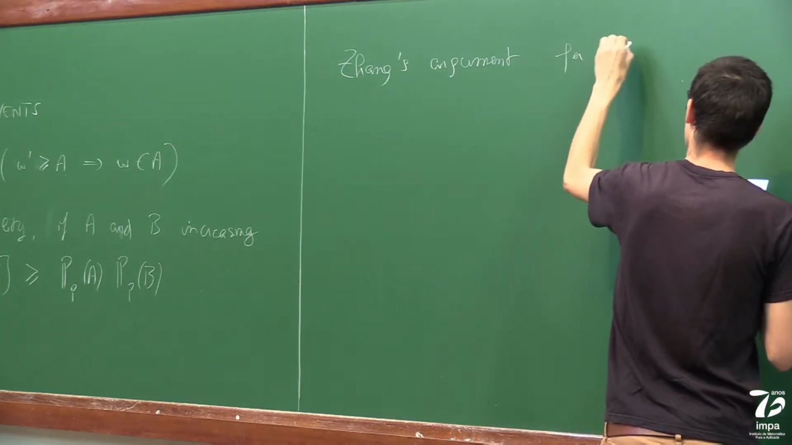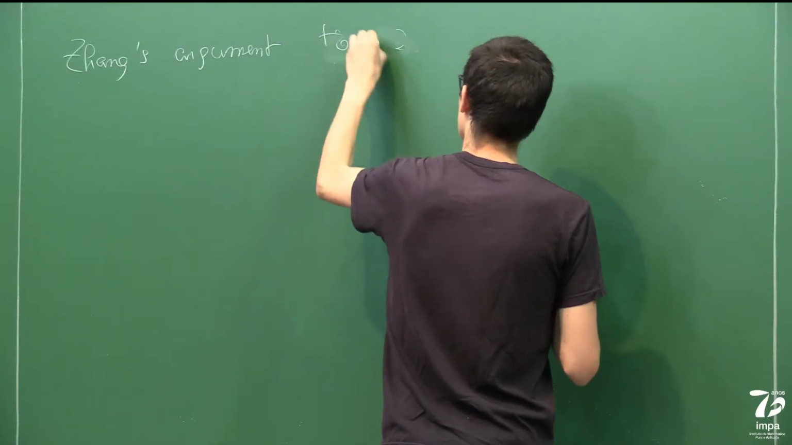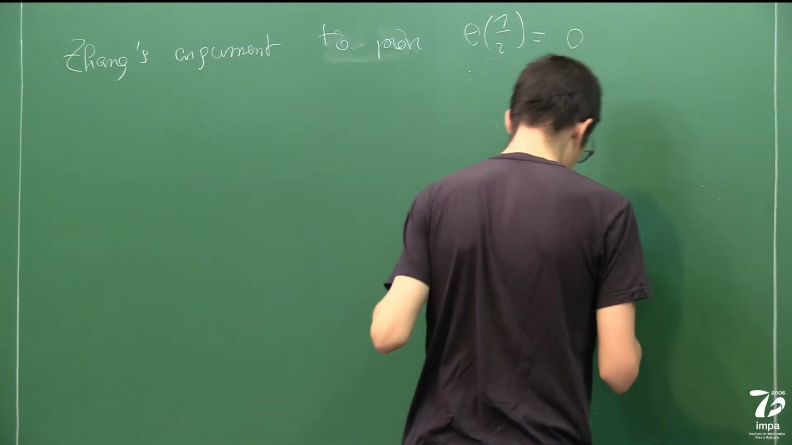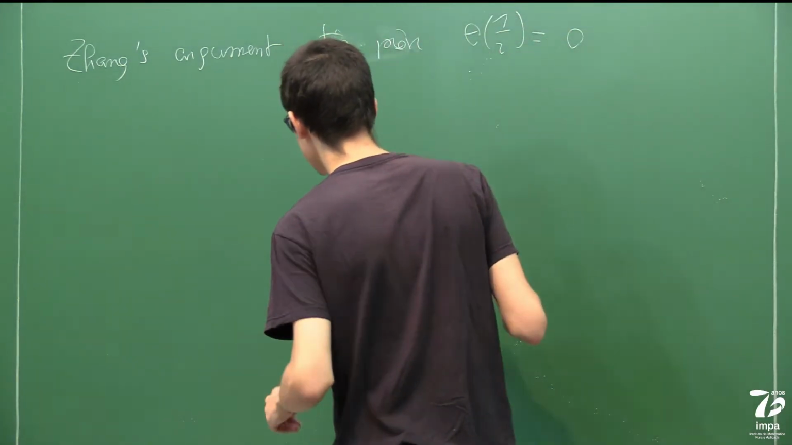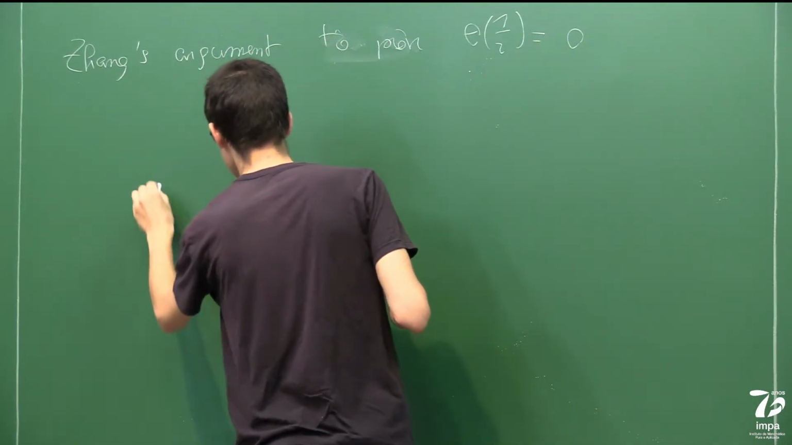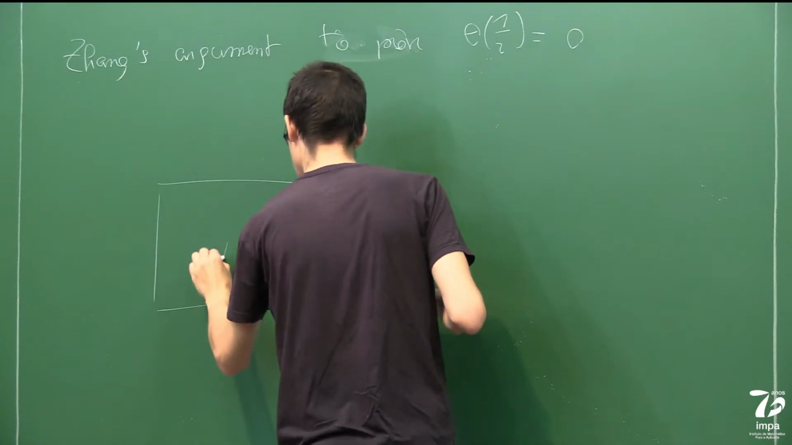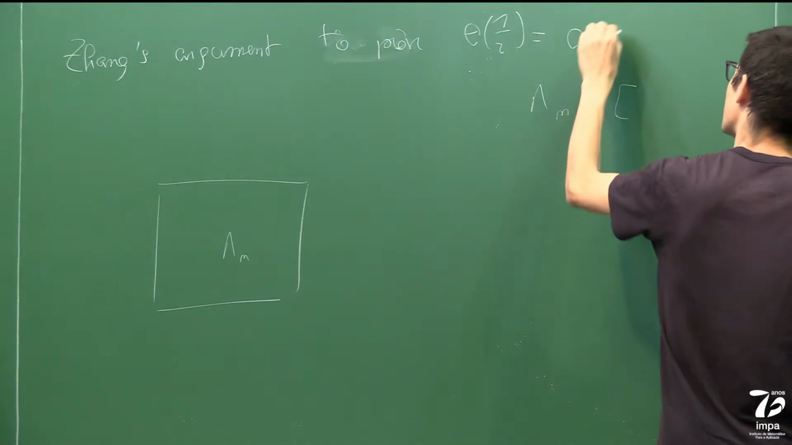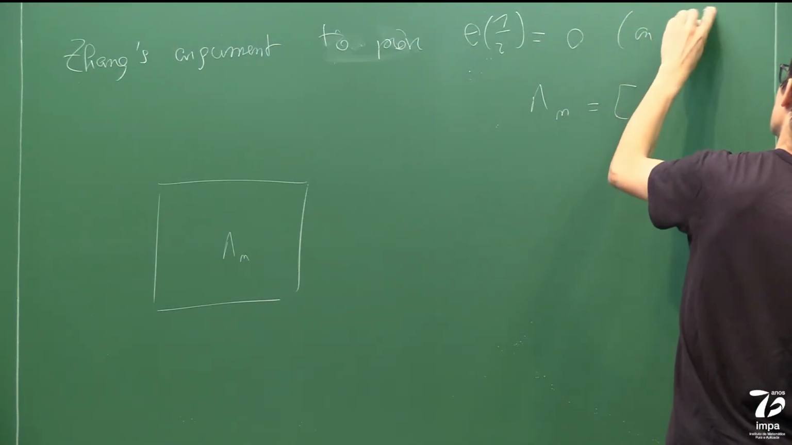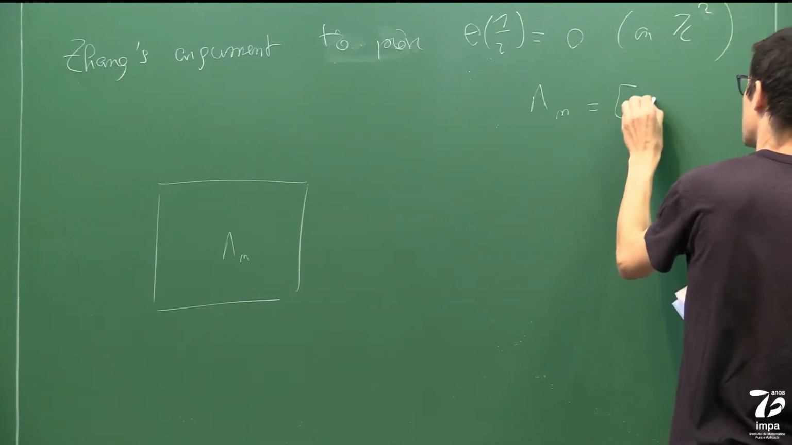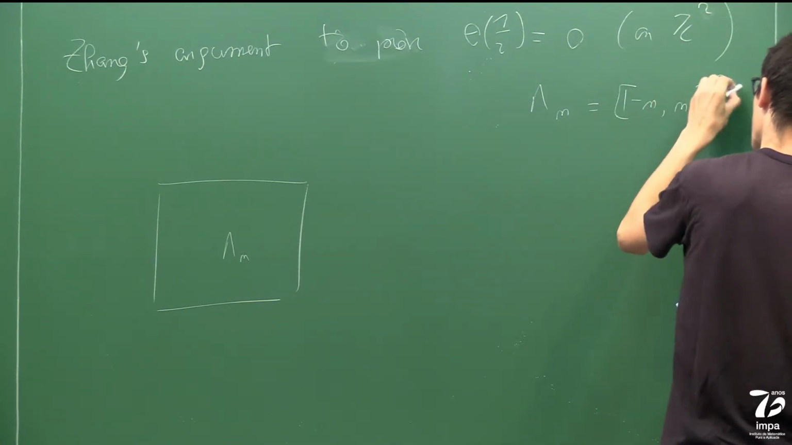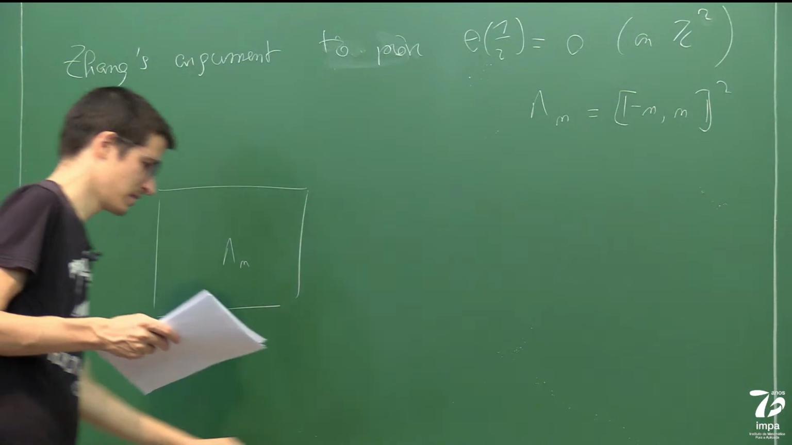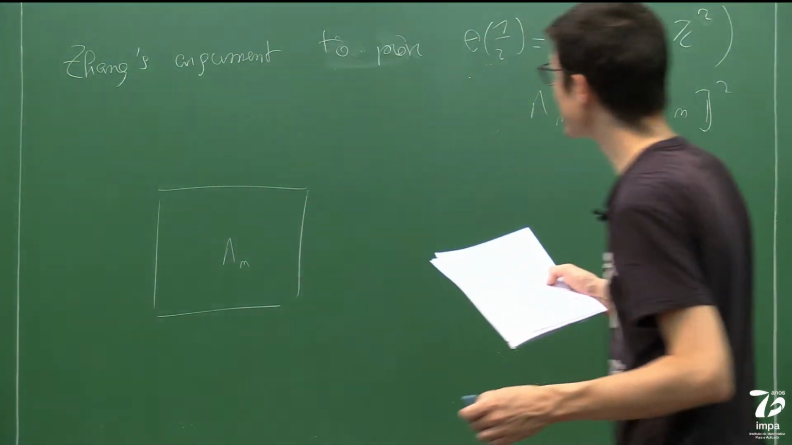to prove that theta of 1/2 is equal to 0. So the idea was to say, if I consider the box Lambda n, so Lambda n is minus n to the n squared... On Lambda n, we showed that with probability going to 1,